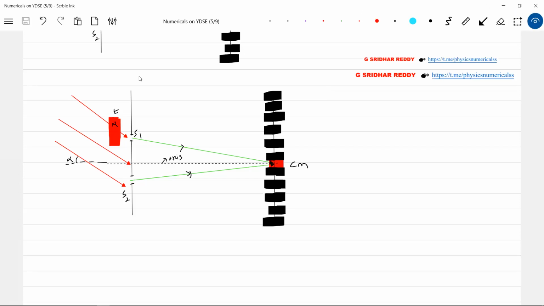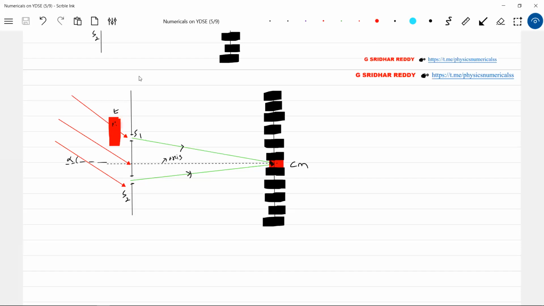No, how much additional path the ray 2 is covering, that much additional path length is offered by the slab. But there will be a change in path length. So it is assumed that it will be incident normally on the slab, and the position of the slab will be like this. It has become a practice of showing the slab like this, oriented in this way, just putting a rectangular slab vertically. The thickness is very small, no? So though it is incident at an angle, we can neglect that orientation.